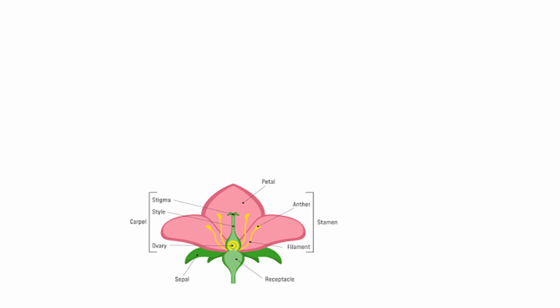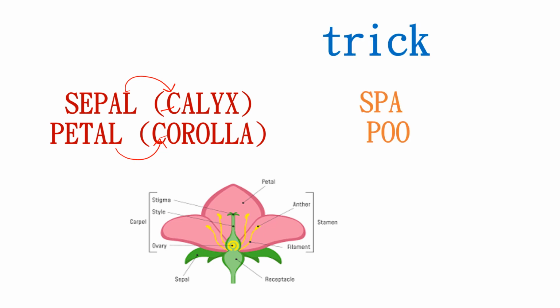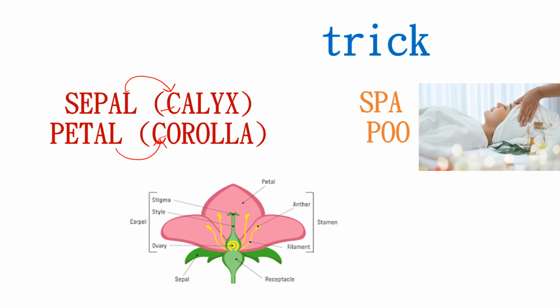Now the second trick is regarding the sepal and petal. We know that the sepal is also known as calyx and the petal is also known as corolla. But students get confused about whether petal is calyx or corolla and whether sepal is calyx or corolla. So for this, there are very simple words, that is "spa" and "poo". From spa, it's sepal. S is from sepal, and from pa, it's calyx. A is only coming in calyx, in the starting it is coming from pa, ka. It's similar. And S is not coming in petal, so sepal and calyx.